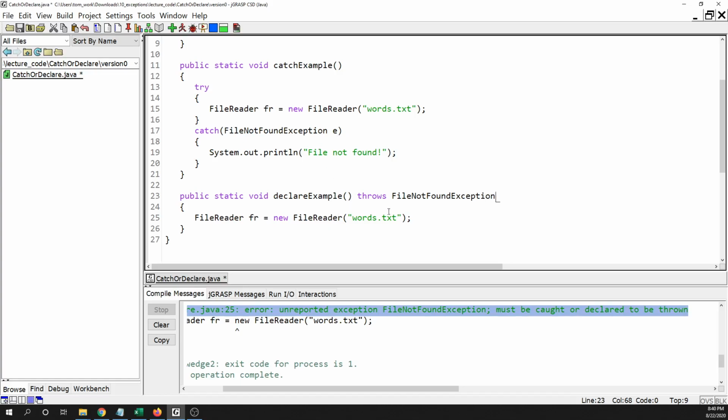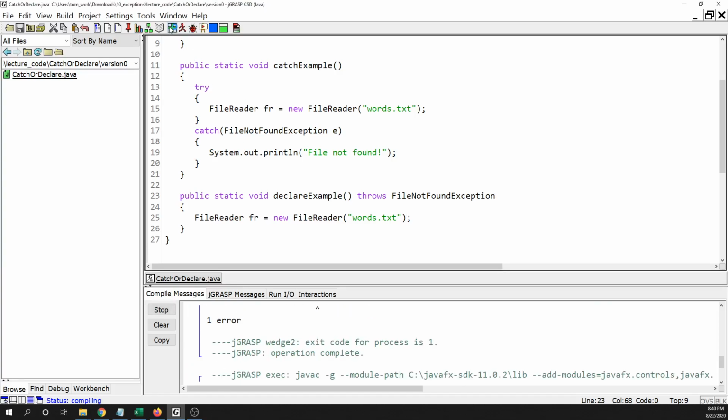All right, so basically what you're doing here is just warning people down the line that, hey, this method might throw a file not found exception. So it's kind of like, in a sense, passing the buck. All right, let me compile it and show you that